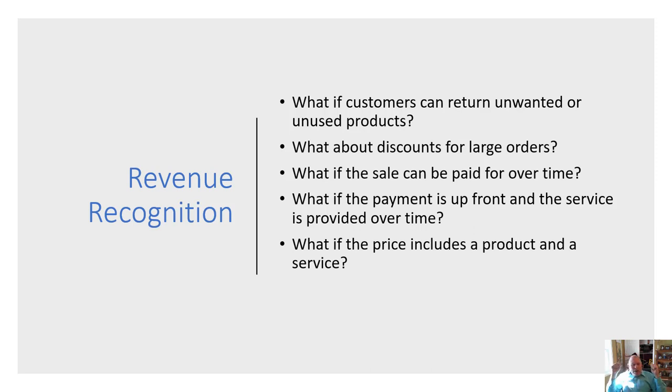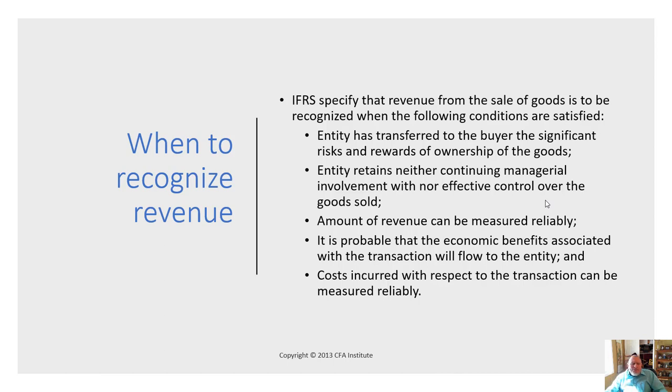So when you think about this for a second, you may pay a fixed amount up front and get, for example, a piece of software, but you also get 2 years of support. You don't necessarily want to recognize that revenue up front because the costs aren't going to be incurred until a later period. We're always trying to match revenue and expenses. What if the sale is other than in US dollars? So there's a lot of things to consider there.